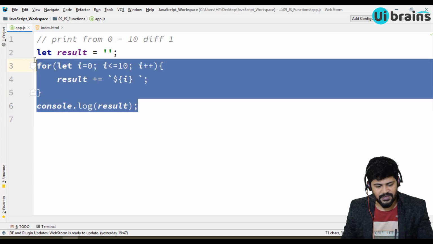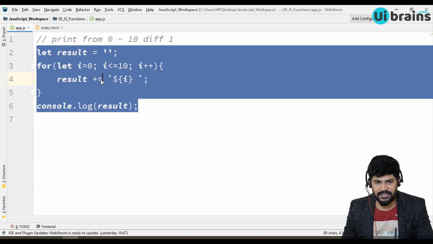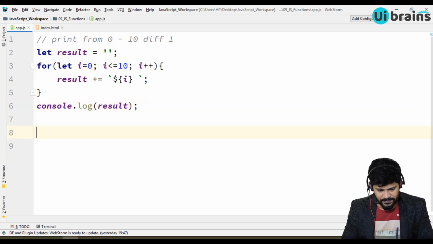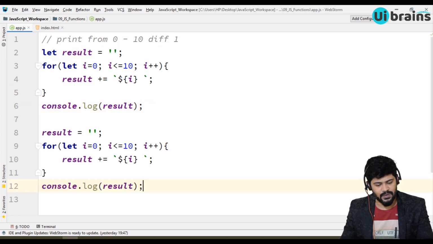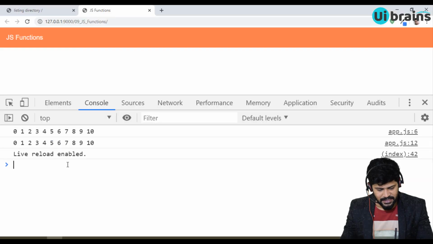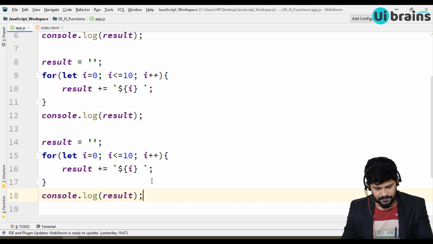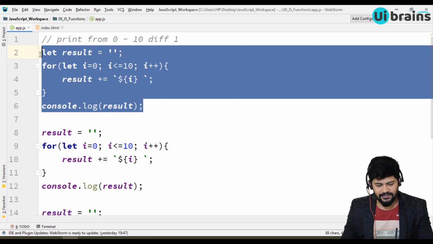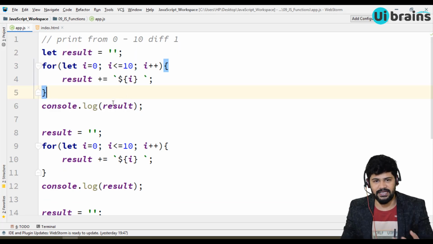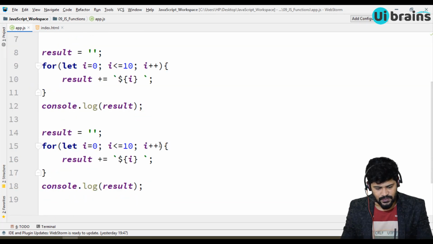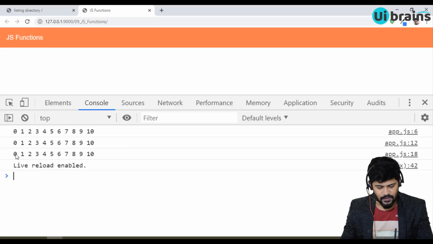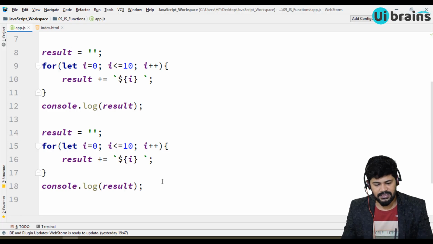If you want to execute it multiple times, you have to copy it and paste it. So it executes again and you get the answer again. If you want to execute one more time, you have to paste it again. You get the answer. The same logic, if you want to execute it multiple times, you have to duplicate the code to get the same output. So this is the limitation if you are not using a function.